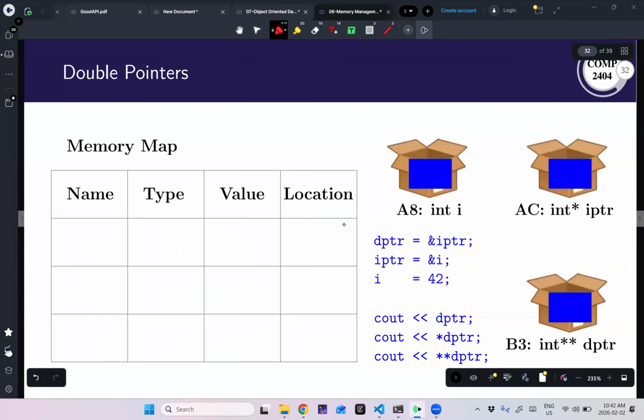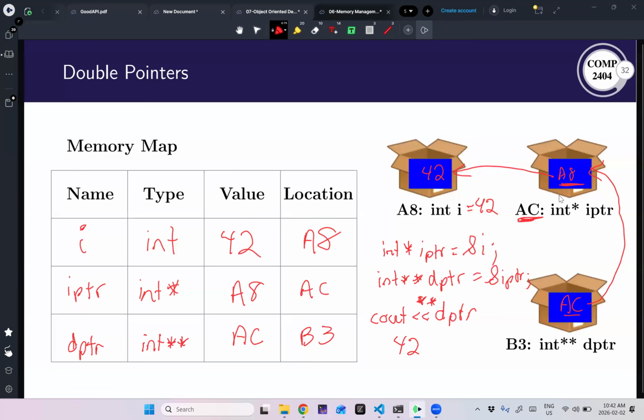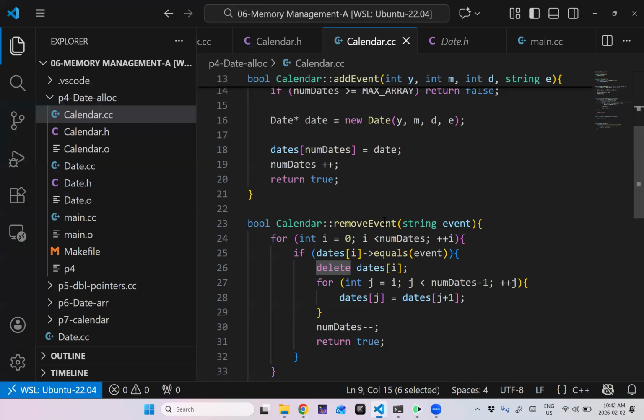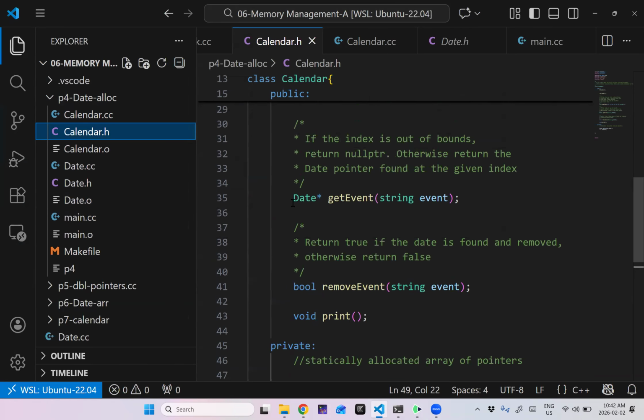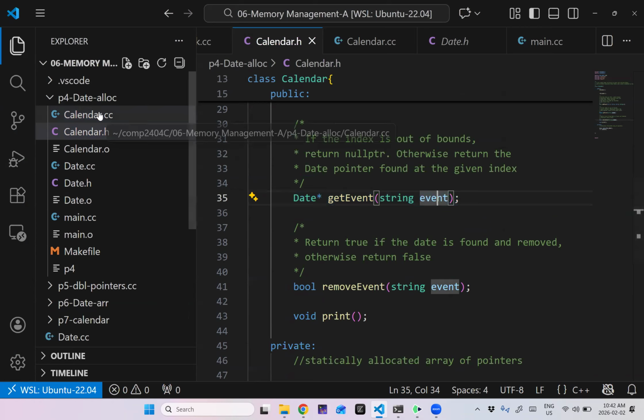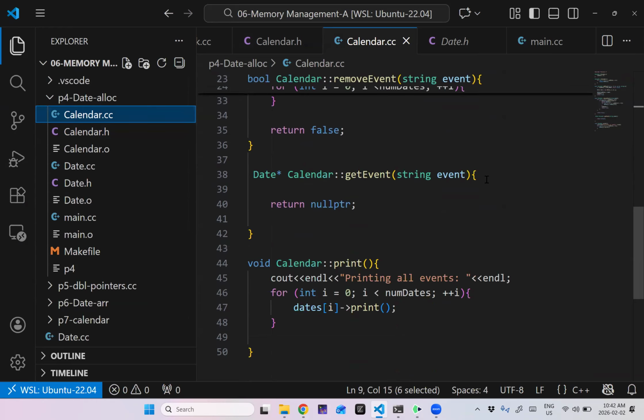Okay. So we're going to quickly go over an example of using a double pointer that you might actually find in the wild, because once upon a time, they were used a lot more frequently. In my calendar class, I have this getEvent function that returns a pointer. Very straightforward, nice getter. I understand this perfectly. I pass in this event, it finds the corresponding event, and returns that pointer. Did I implement it? No, but I could very easily.